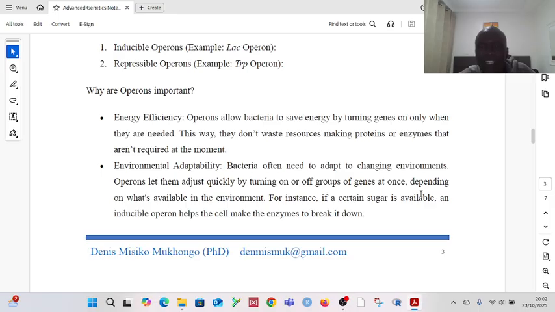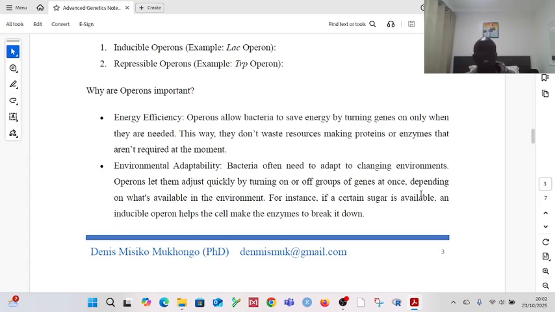Okay? Once the operon is turned on, then the genes within that operon are transcribed and eventually expressed through the formation of proteins. The proteins will most likely be enzymes which will help to break down the sugar that is present in the